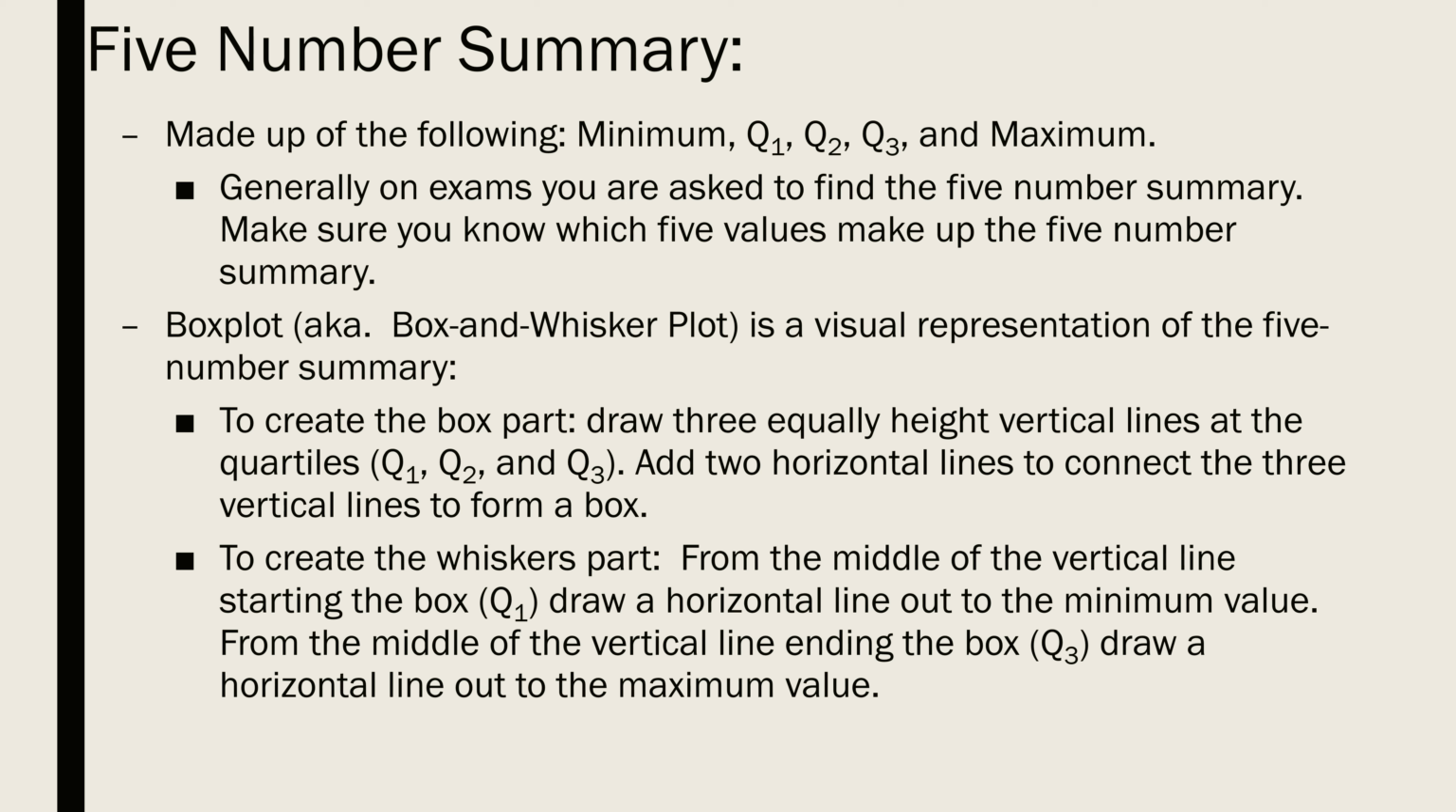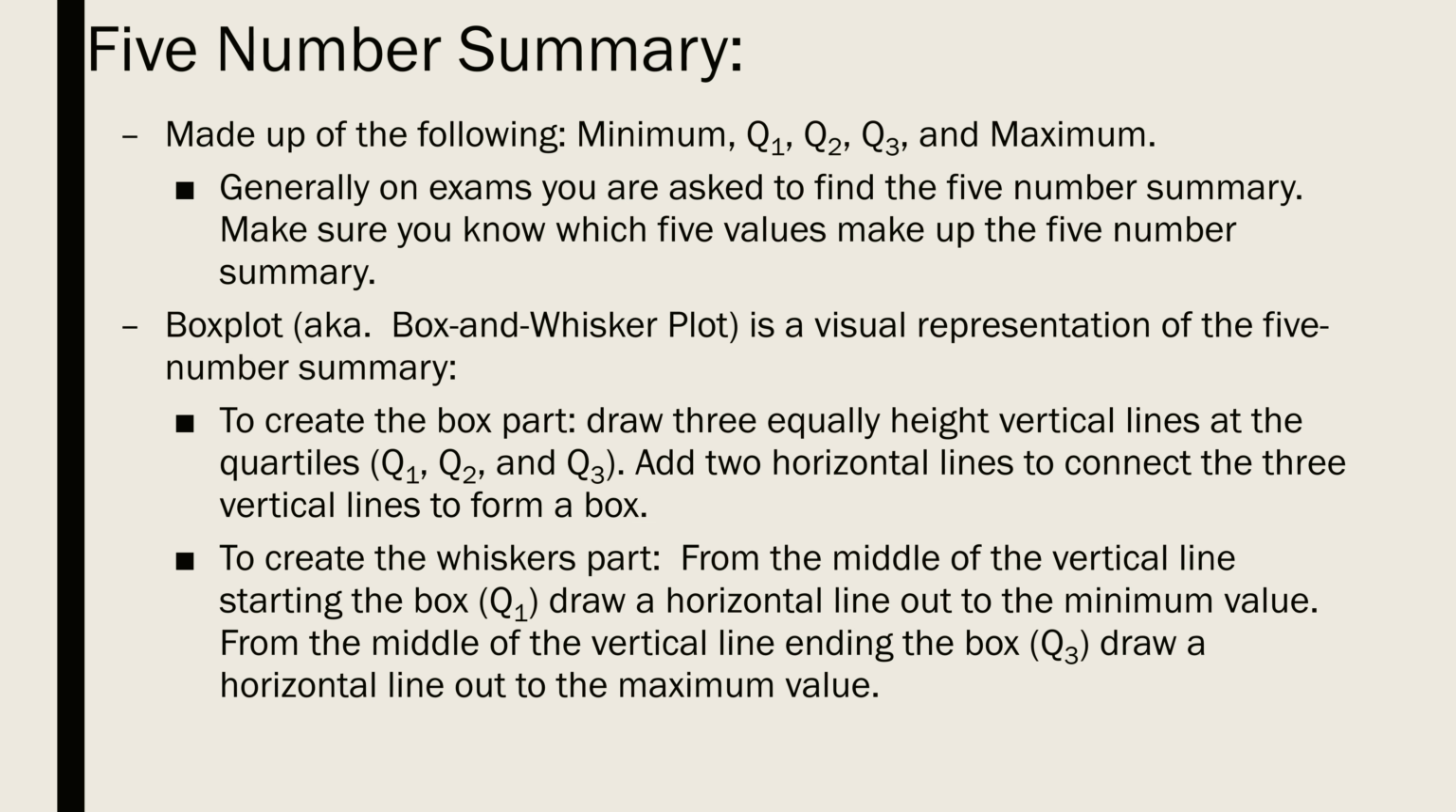A box plot is a visual representation of the five number summary. To create the box part, we draw 3 equally tall vertical lines at the quantiles. Add 2 horizontal lines to connect the 3 vertical lines to form a box. To create the whisker part, from the middle of the vertical line starting the box, draw a horizontal line out to the minimum value. From the middle of the vertical line ending the box, draw a horizontal line out to